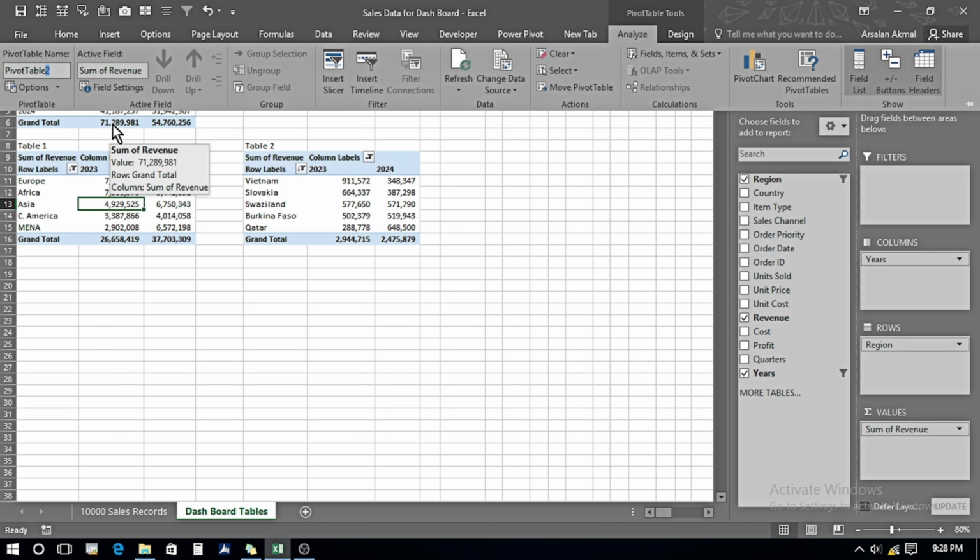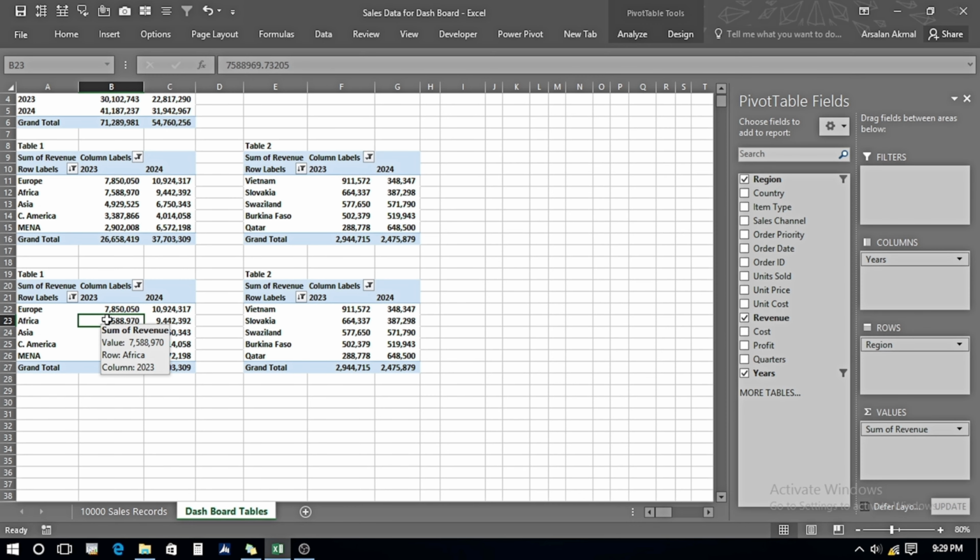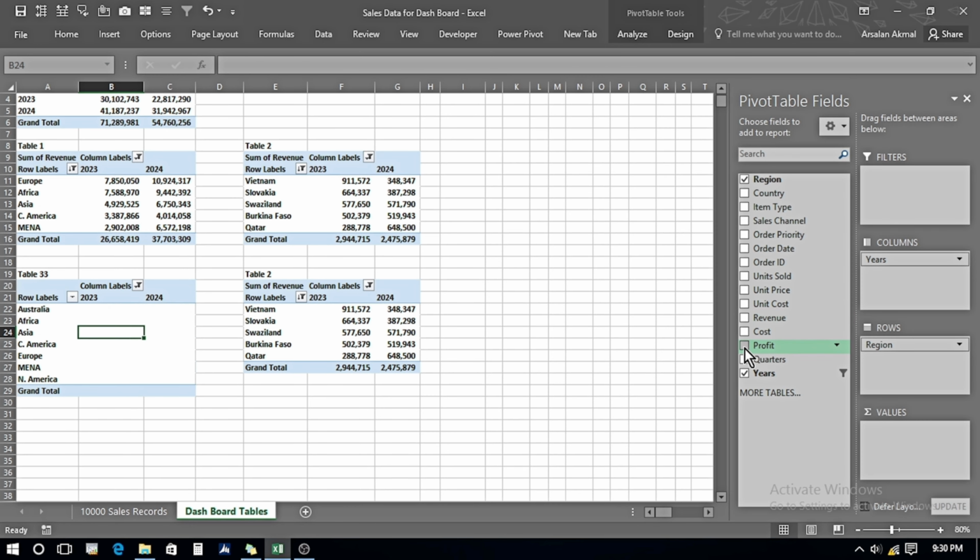Now I will be building tables 3 and 4 where the data is going to be the same, but instead of revenues I want the profit, so just copy and paste it down over here. While clicking on table 3, just uncheck the revenue, I check mark the profit in the values, and for table 4 again uncheck the revenue, bring in the profits.